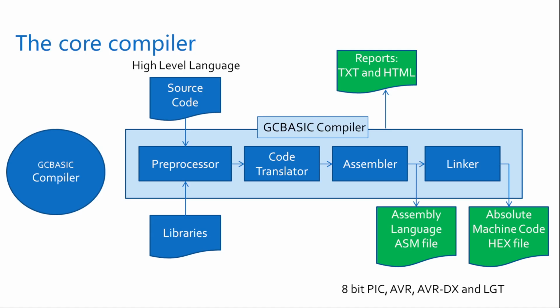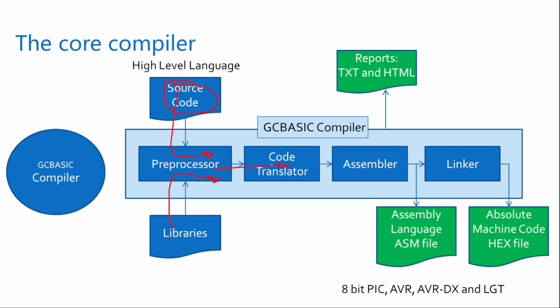We need to look at a diagram like this to explain what's going to happen. The core compiler essentially takes your source code and generates a hex file. So let me just bring up my pen. It takes your source code and takes it through something called a preprocessor. There are some libraries it might need, and it pulls those in. Then it goes through what's called a code translator, which normalizes things so that it